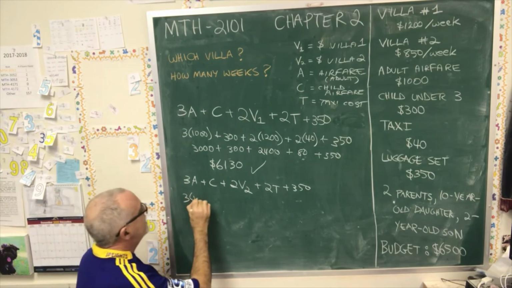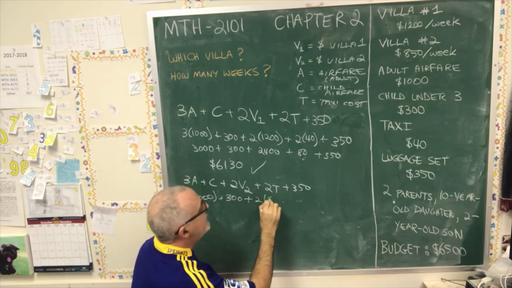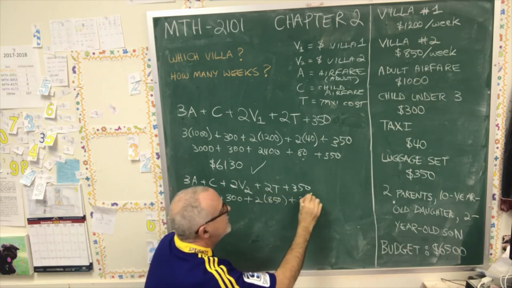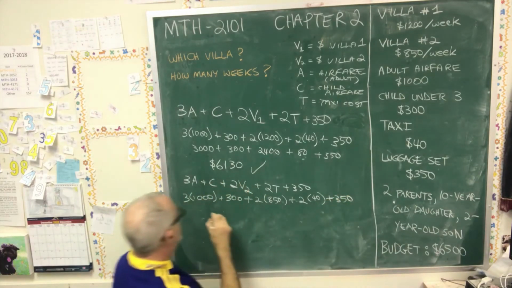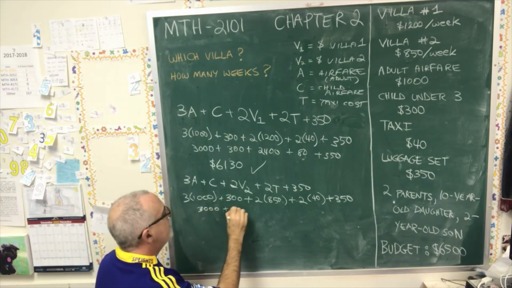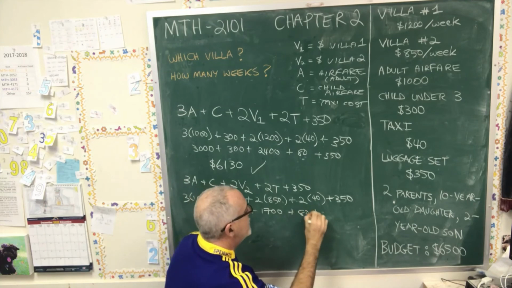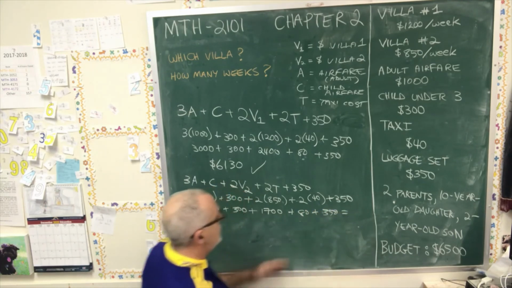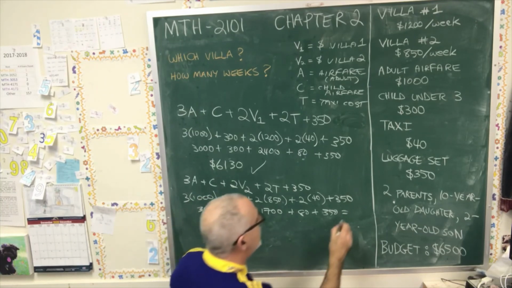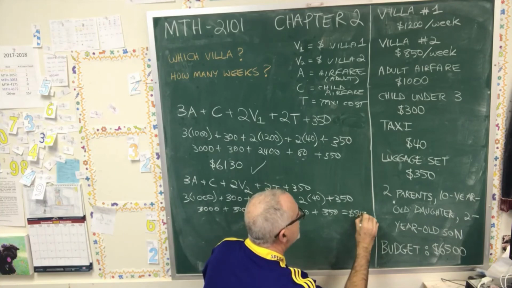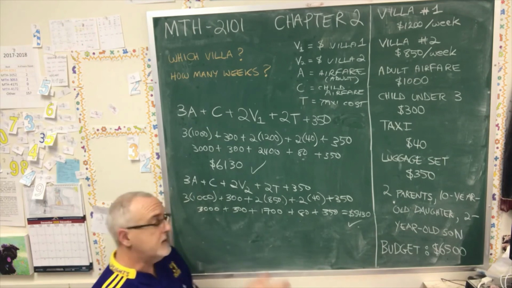We have 3 times 1,000 plus 300 plus 2 times 850 plus 2 times 40 plus 350. That gives us 3,000 plus 300 plus 1,700 plus 80 plus 350. And to save room, I'll write the answer here. This ends up being $5,430. So I checked that off as well because that also fits underneath our budget of $6,500, but it makes me